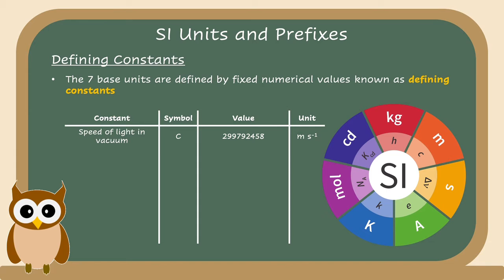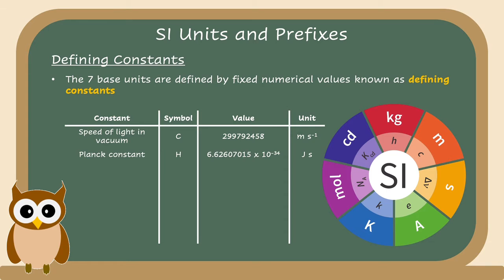The meter is defined by the speed of light in a vacuum, whereby 1 meter is the length of the path travelled by light in a vacuum during 1/299,792,458th of a second. The kilogram is no longer defined by the International Prototype Kilogram, a cylinder made of platinum